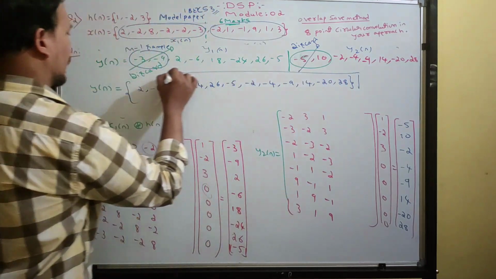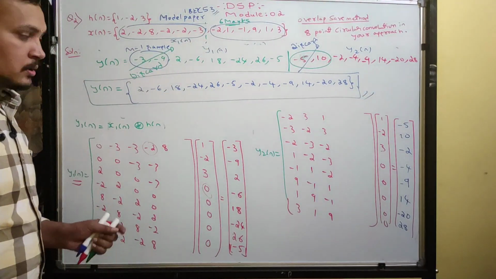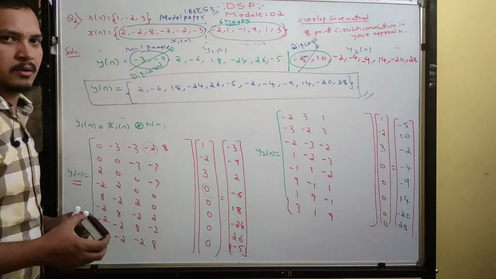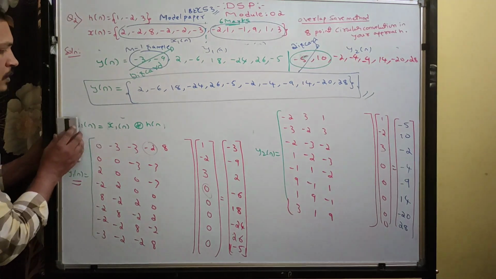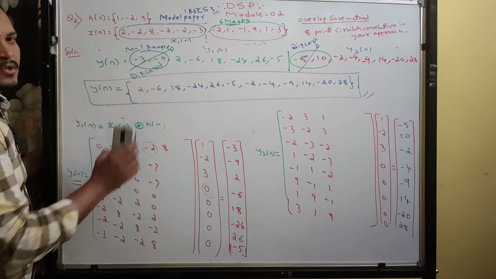This is the final output. Guys, understood? This is the final output. Now verification, whether we got the same thing or not. We can do verification also, not an issue. So pause the video, then copy. This is the final answer for the given question.